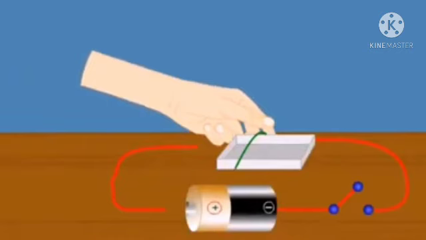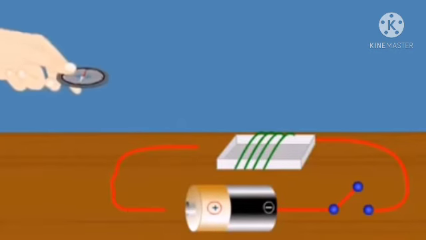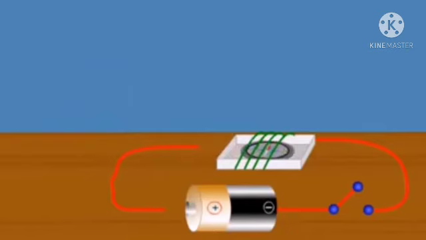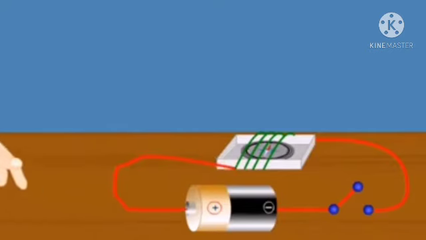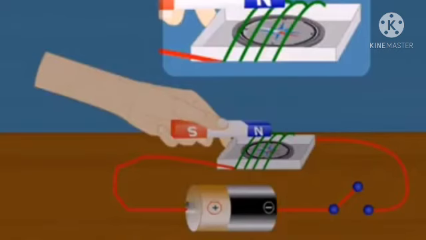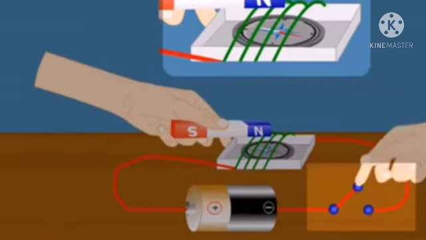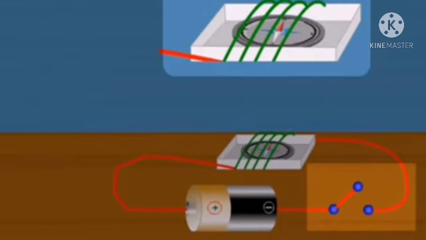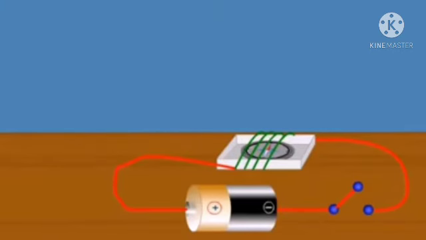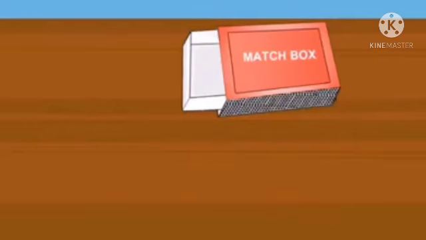Take a discharged matchbox, place a needle inside it, and connect the free ends of the wire to an electric circuit. Note the direction of the current. Bring a compass and place it near the bar magnet. At the same time, we will observe that the needle gets deflected again. Now move the switch back. We will observe that the needle comes back. So we conclude that a wire through which electric current passes behaves like a magnet.